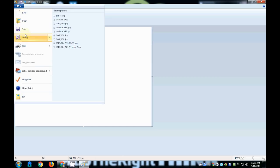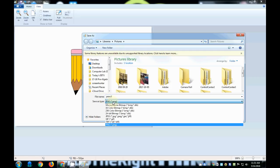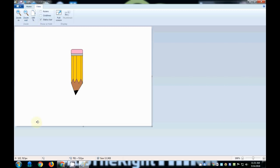To save this, we click the File button and choose Save As. You'll be in your picture library. That's what you want. You want to change the name to Pencil and change the file type to JPEG, and hit Save. And that's it. You're done with the pencil. Now you can